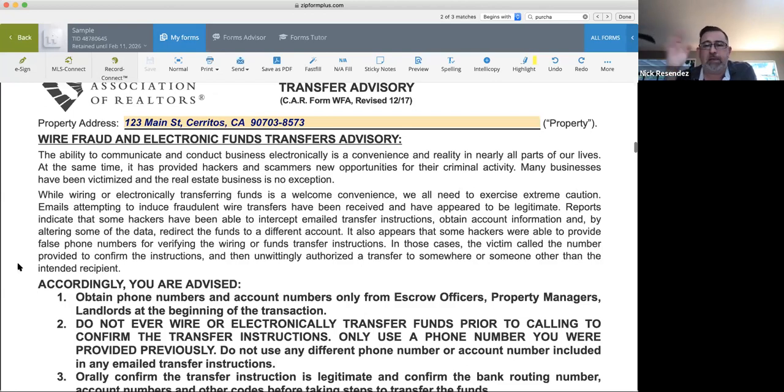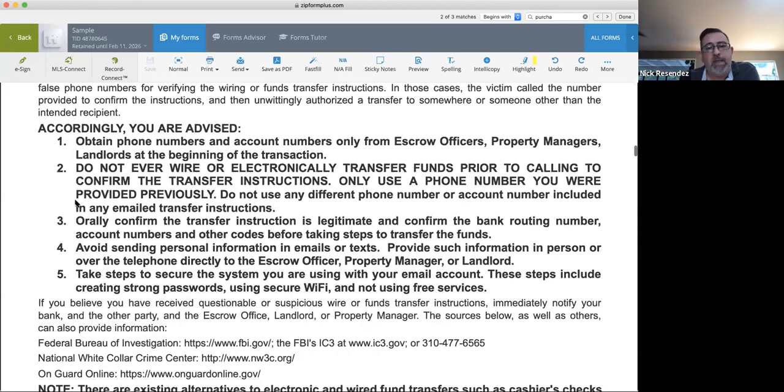And guess what? As soon as that wire's out, it's gone. It's gone, okay? So with that said, we have a wire transfer advisory form here. And it gives you some steps, right? Get phone numbers and account numbers only from the appropriate parties, escrow officers, property managers, et cetera, the landlords, okay? It says, do not ever wire funds